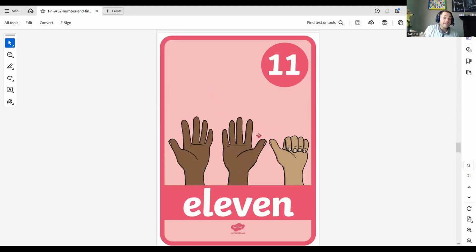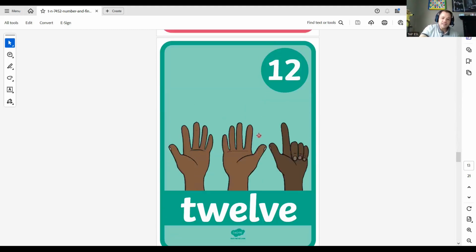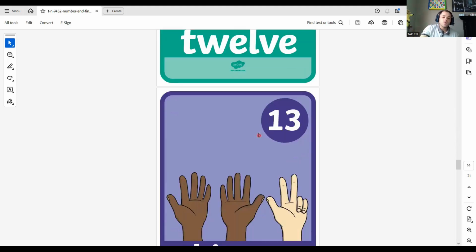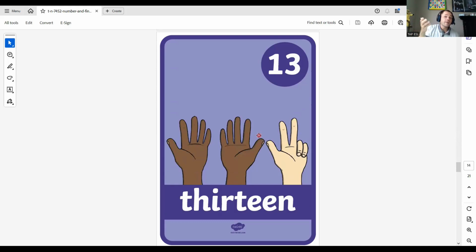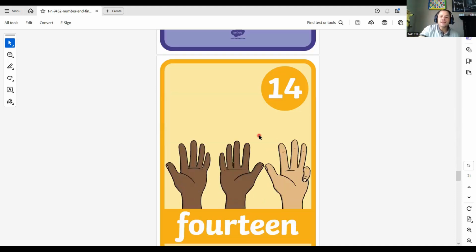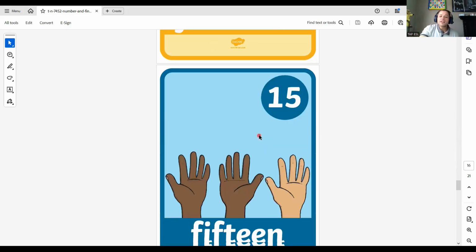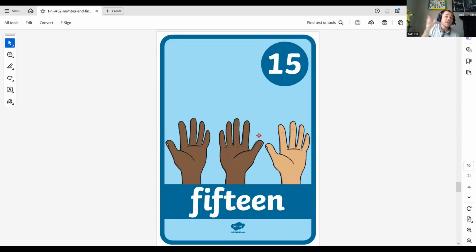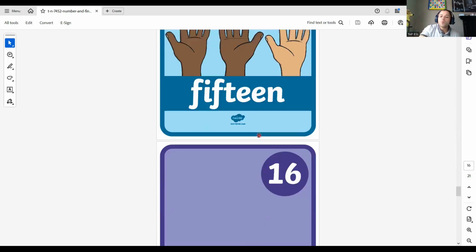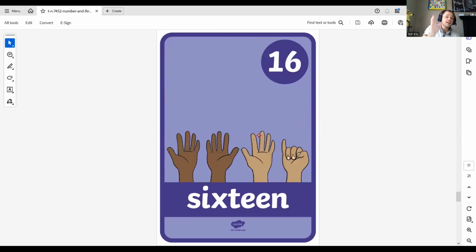What number is this? The number is 11. What number is this? The number is 12. What number is this? The number is 13. What number is this? The number is 14. What number is this? The number is 15. What number is this? The number is